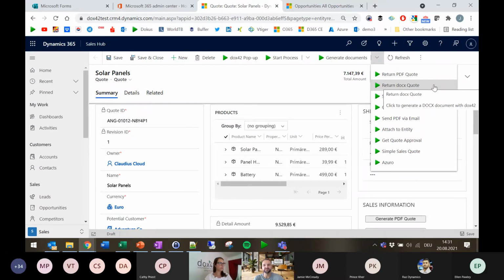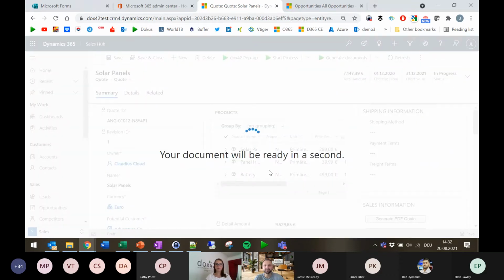So in a scenario where in 20% of those quotes, you still need to do some adjustments, you can generate the docx, save it to SharePoint Teams like we've seen, create draft emails, send them out directly or attach to an entity. So those that are working with CE a lot, you can have it in here as well. But now let's just generate the PDF for a second to see the adjustments we've done and if they already are in that very document.